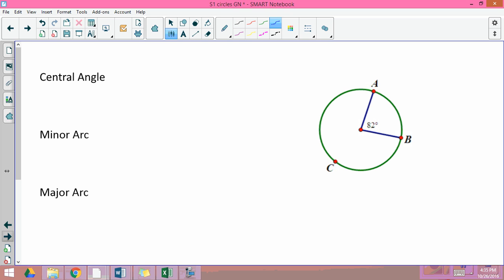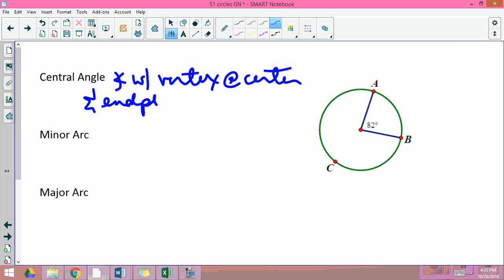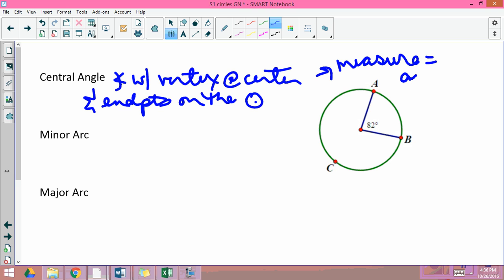Another idea we can talk about with circles are central angles. And this is an angle with the vertex at the center and endpoints on the circle. And the cool thing is we will talk about the measure of a central angle, and the measure is equal to the angle. So when we talk about a minor arc, we're talking about a segment,